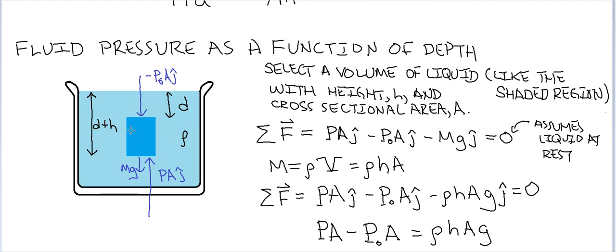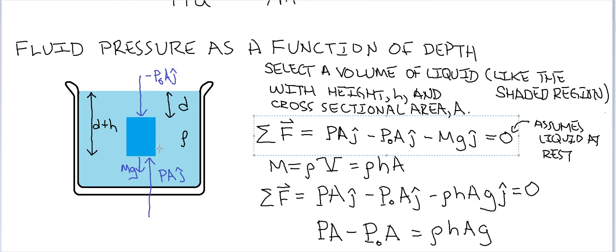If it's still water, then this little volume of water isn't going anywhere. And so in that case, the sum of the forces acting upon it must needs be zero. And so we could say that the sum of the forces is zero, and there is some pressure force pushing up. There's also some pressure force pushing down, and there's also the weight of that volume